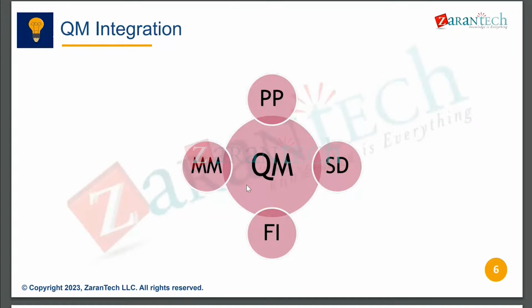Here one more inspection is there, that is final inspection. Once the production has happened and the product is already on the shop floor, ready for delivery, before delivery it is called a finished product. But it is a finished product only as per production. Quality has to give the clearance first to deliver to the customer, so as per quality it is not a finished product